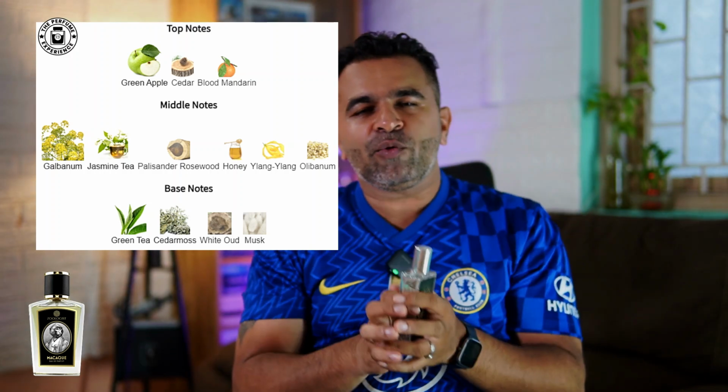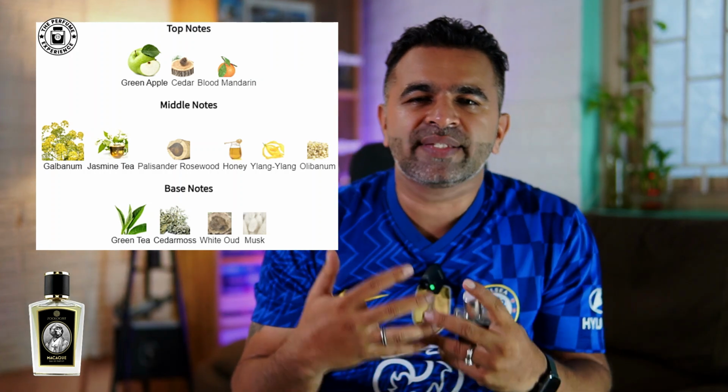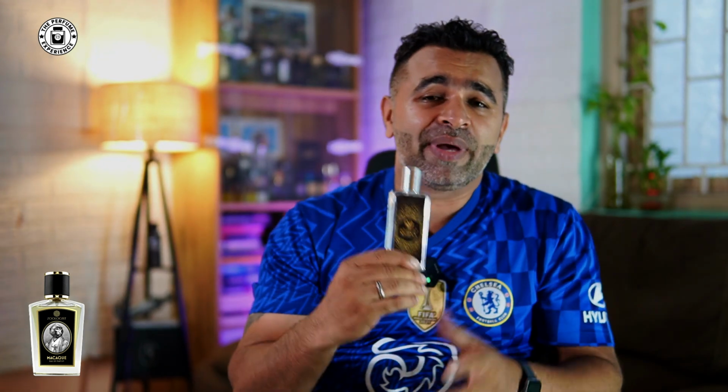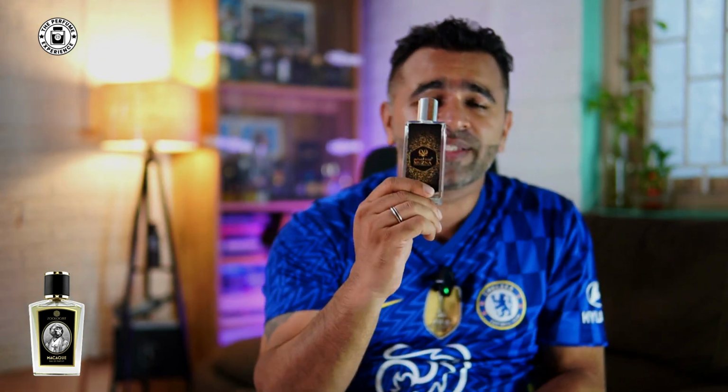But predominantly what you get is a spicy, aromatic, citrusy kind of fragrance, which is very different, and it's got that very unique appeal. And the best part about this is it's got crazy performance. You need to be careful with how many sprays you do. You do about 4 or 5 sprays, it will project more than 3 feet plus, last for a whole day,